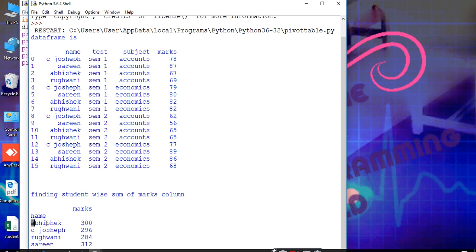So the index is Abhishek, C. Joseph, Ragwani and Sareen, and we use the aggregate function is equal to sum for the marks column.